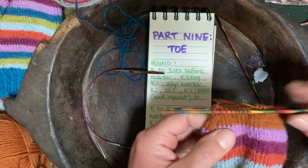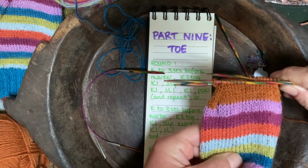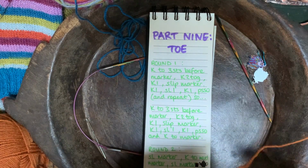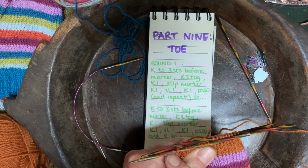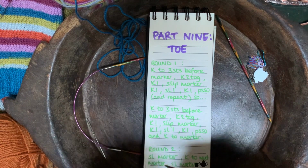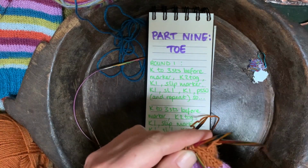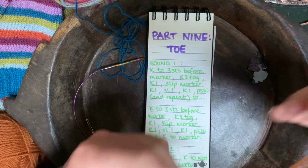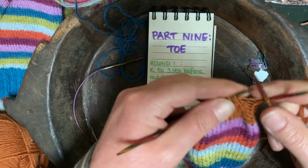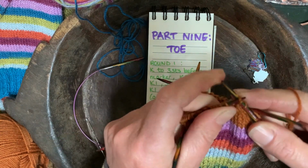Okay, so you can start to see how the toes are actually decreasing. So we're getting a toe shape at the end of our sock. Okay, so we're on round 1, so we've got to what would have been our first marker, having just knitted 2 together, and then knitted 1, and then we follow our pattern. So we knit 1, you just have to get used to being back with your double points. Knit 1, slip 1, knit 1, slip 1 over,